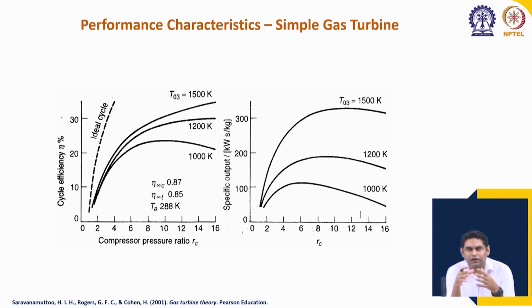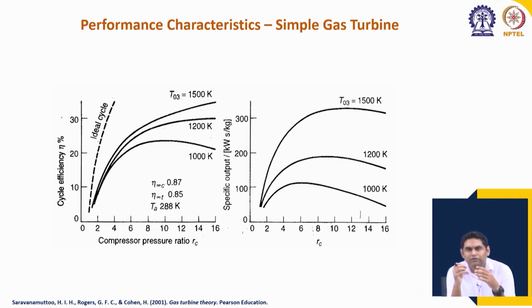So, like this there are several parameters which we have discussed, regenerator effectiveness. So, to incorporate all these effects and then find the value of the overall thermal efficiency and specific fuel consumption, and then keep on repeating these calculations in an automated form by writing a computer program,